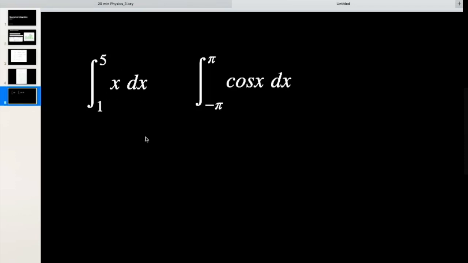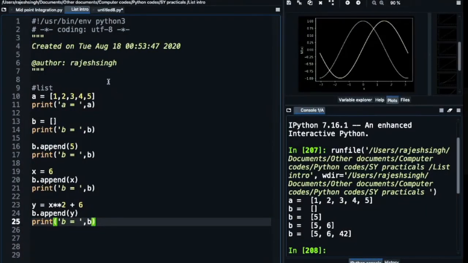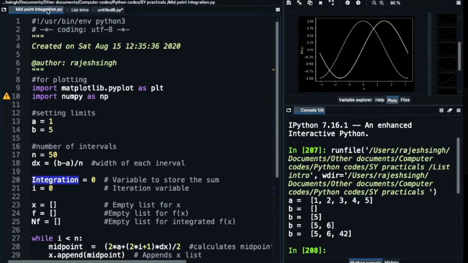We will now do this one using numerical integration. I have written the program, but the program requires more things, so I will go through it. Please listen to me carefully. We will use matplotlib and numpy for plotting the function. We have used these earlier also, although I don't think I'm using numpy in this program.